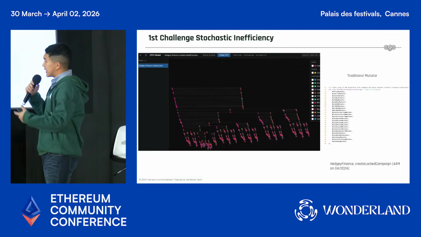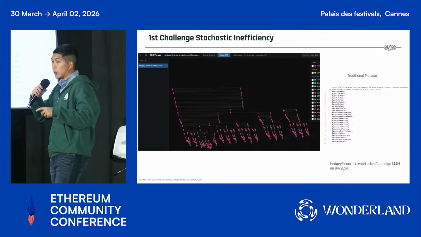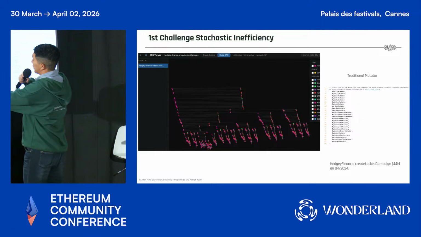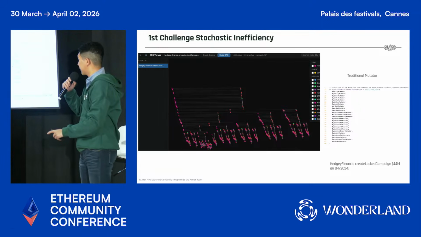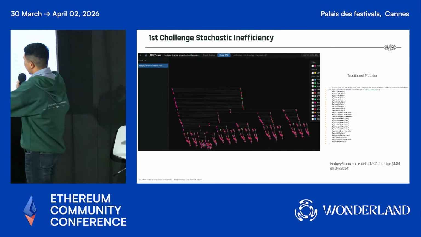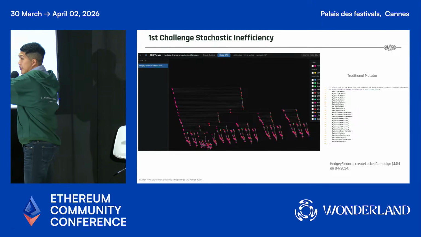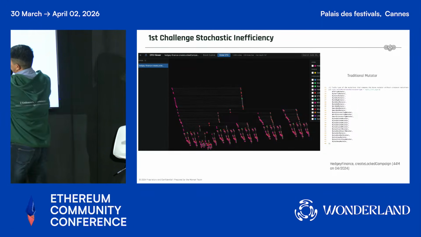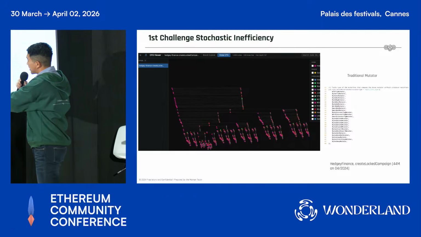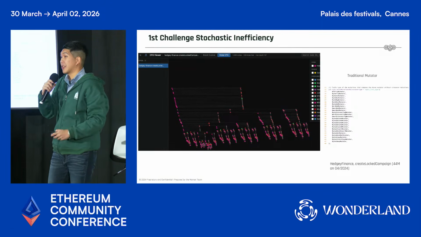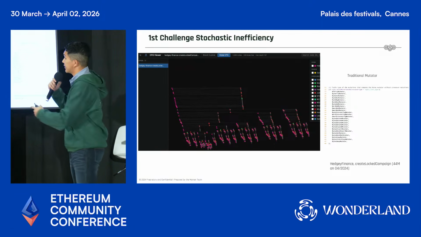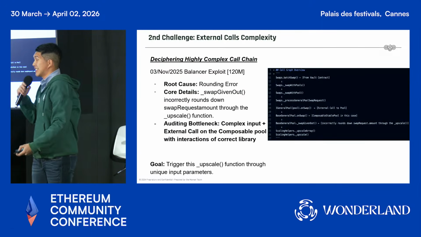So how do we understand more deeply why a fuzzer is not sufficient these days? This is one of the hacks back in 2024 where 44 million got hacked, and the first function is about creating a lock campaign. Within this function, you can see these are the branches we can actually get into. There are 538 branches, and out of these we need to get into the valid branch, which is quite difficult. A fuzzer usually just does random mutation. They do bit-level mutation, but still, getting into a particular branch is tough. So that is the stochastic nature.